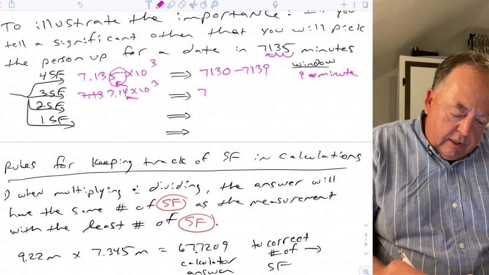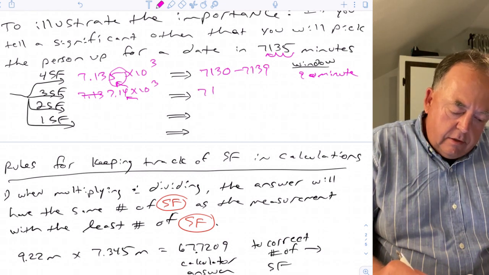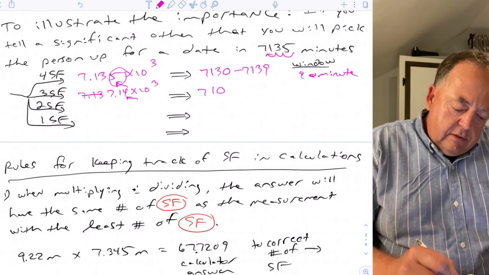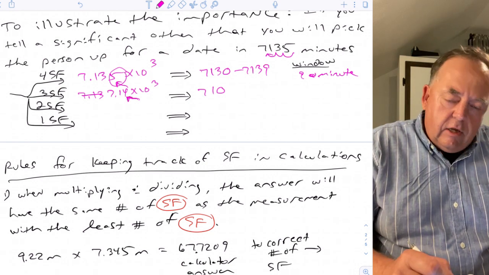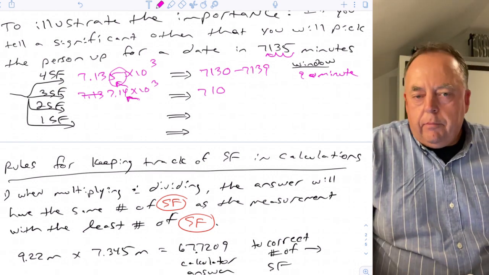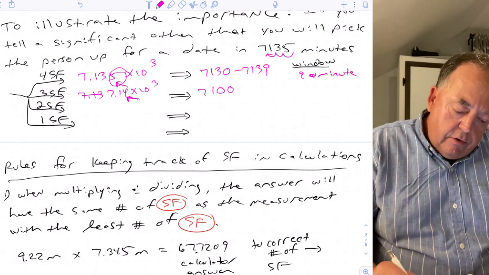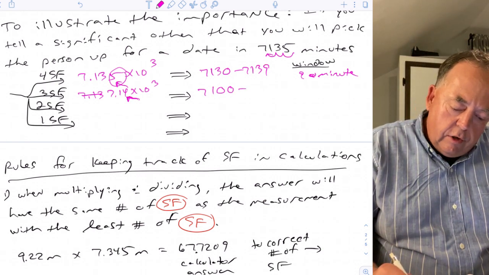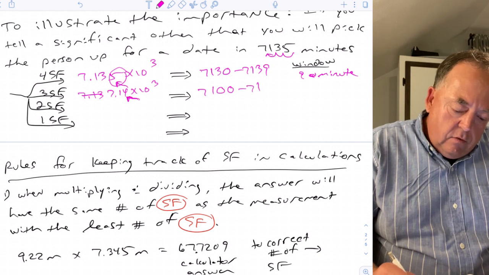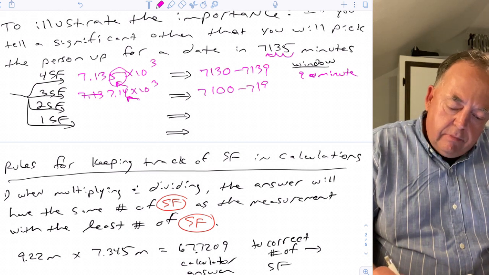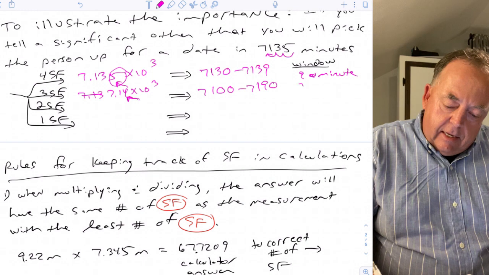So what you're basically telling somebody is 7, 1, that next number. So this 4 could be a 0, you're not 100% confident, and then the 4th number you have absolutely no clue what it is. So here this could be 7,100 all the way to 7, 1, and then the next number could be a 9. So now that's a 90-minute window,